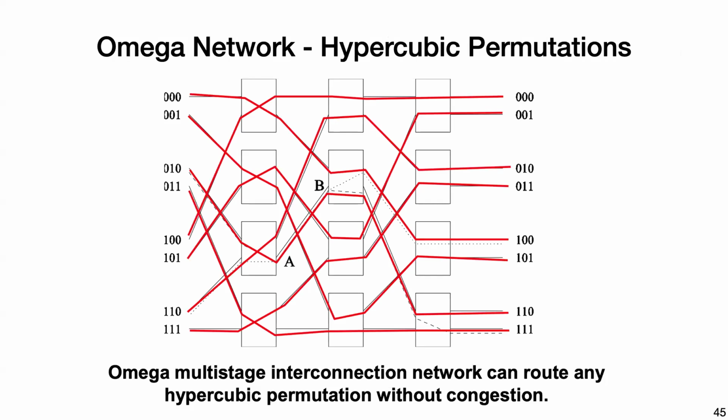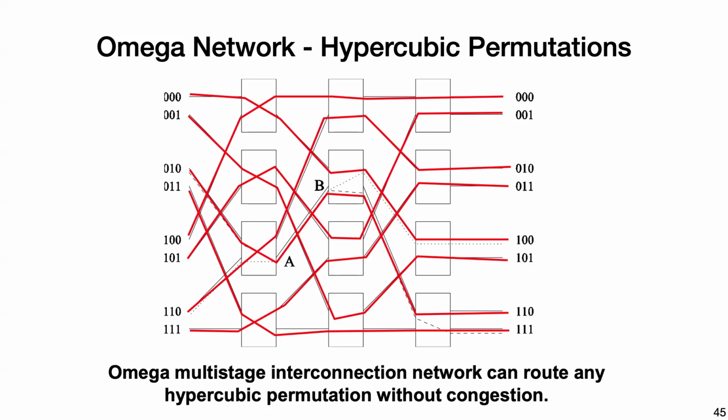This is an example of routing a hypercubic permutation. So here, this is just flipping the top bit. So 0, 0, 0 goes to 1, 1, 0. 0, 0, 1 goes to 1, 0, 1, and so on. So these are all the paths through this thing, and some of them cross over here, and the rest of